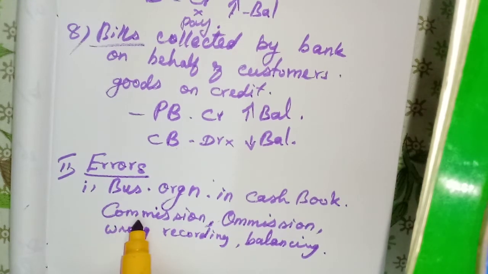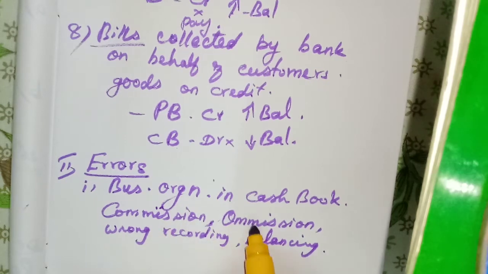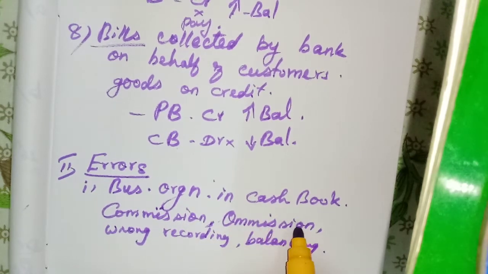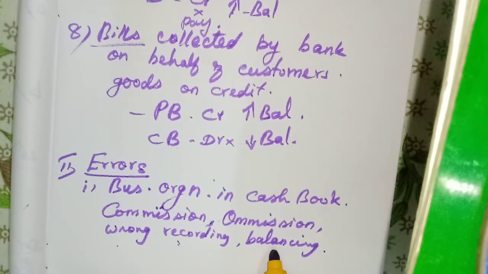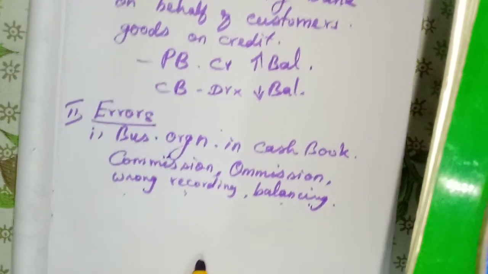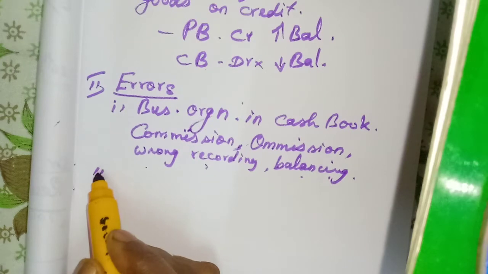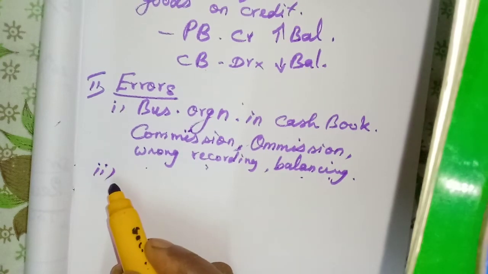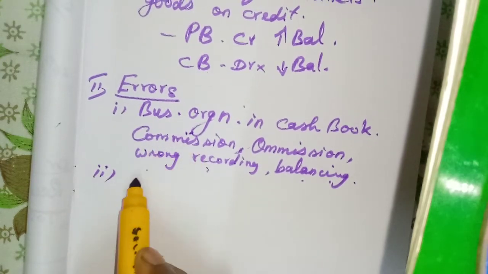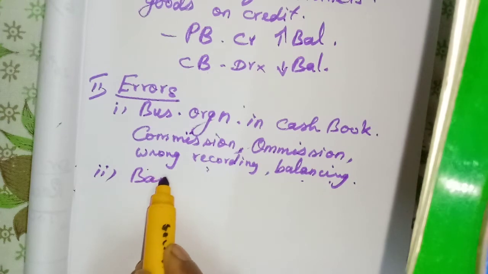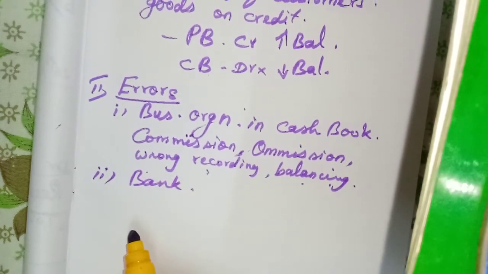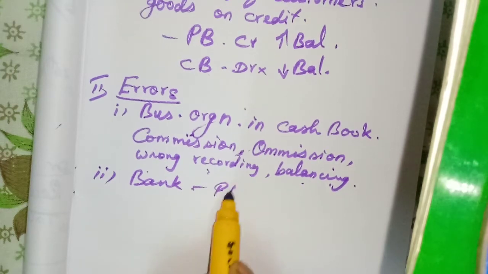Either they may commit errors in the amount, then entries may be omitted, or they may record in the wrong account, or when they balance they can make errors. Then the second category under errors: the errors committed by the bank,